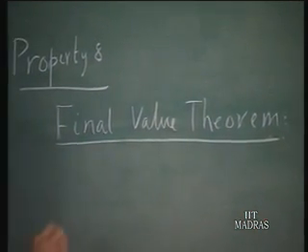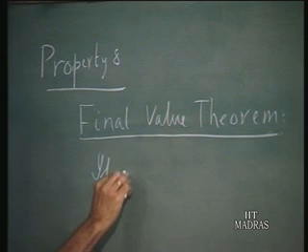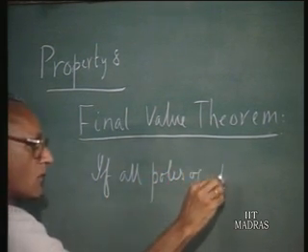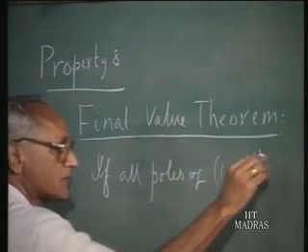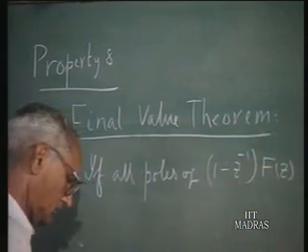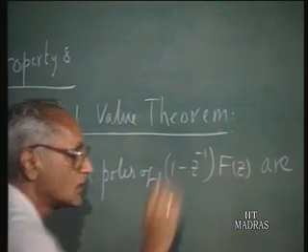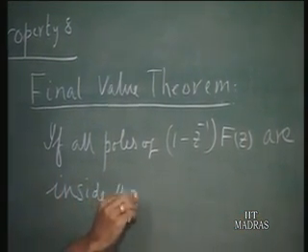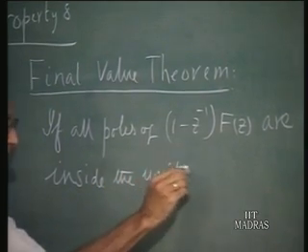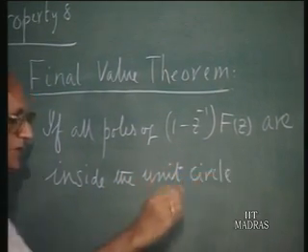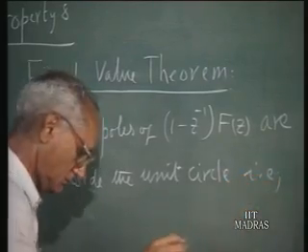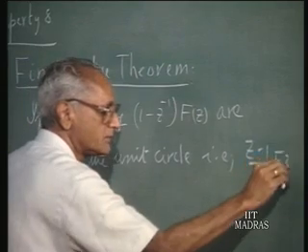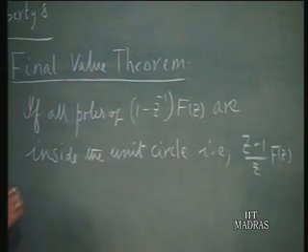The statement of the theorem goes like this: if all poles of 1 minus z power minus 1 times F of z are inside the unit circle, that is, z minus 1 divided by z times F of z, this function is analytic